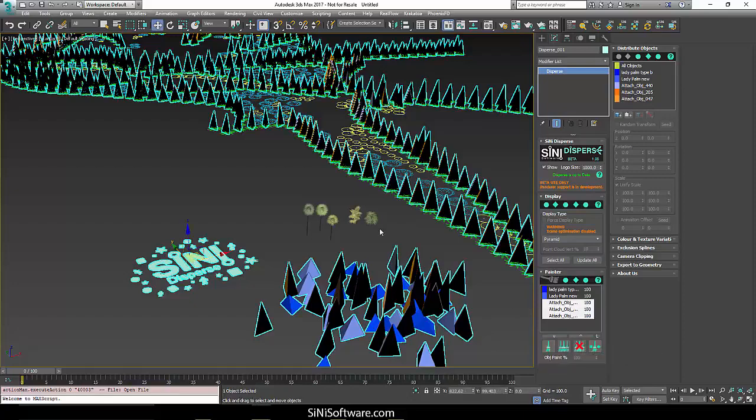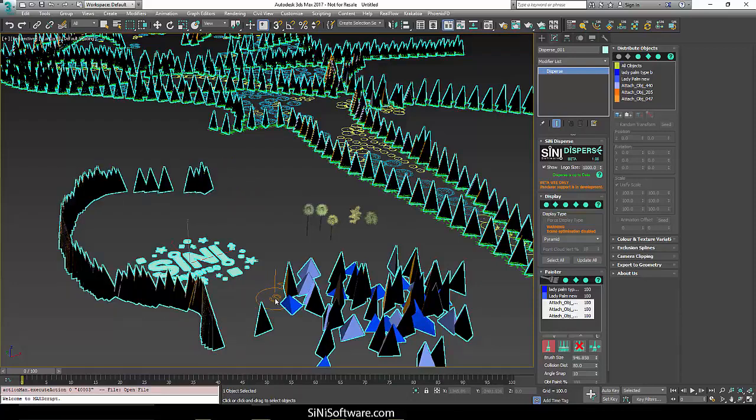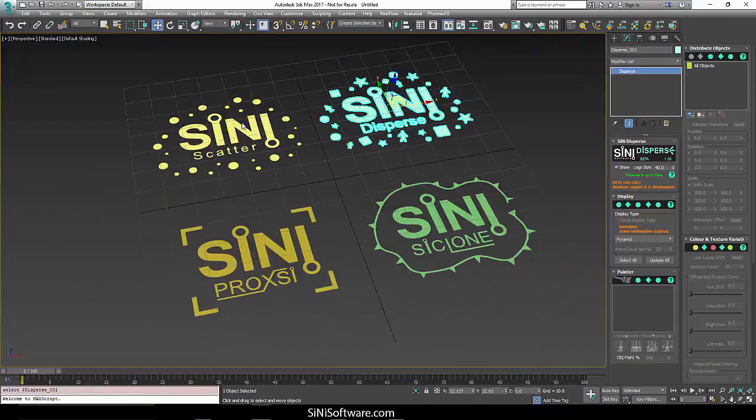You have the ability to paint in a certain direction as well, so I can actually just paint all my trees into a direction if I had cars or people walking down the street. And then my erase function, so I can simply go through erase stuff in my scene that I have selected. So if I just wanted to erase a certain type of object, I could. So it's basically a paint anywhere in your scene. It'll paint on objects. Very easy tool to use and very convenient for putting cars or people or trees in your scene. And then last is our